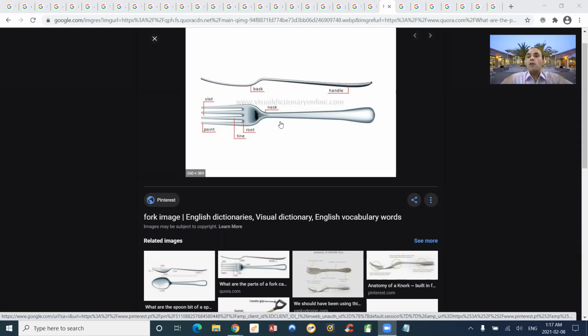So what is my null hypothesis? My null hypothesis is forks have four tines. How do I take a look at this? How do I understand that? I'm going to get samples from 10 shops in Eastern Coast, and I'm going to get samples from 10 shops in the Western Coast, and then I'm going to open up the boxes. I'm going to take a look at the forks, and I'm going to take a look at the tines.